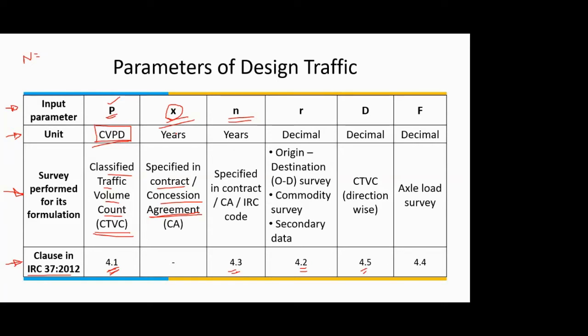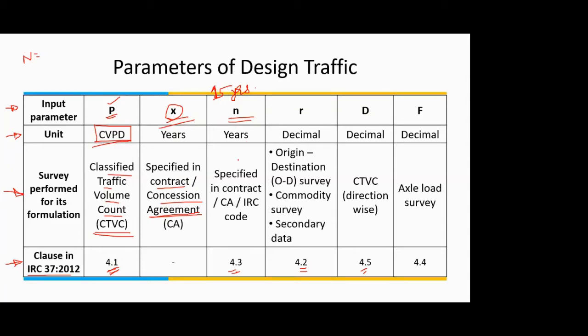So it may be 15 years, it may be 10 years, or if it's a rigid pavement, it may also be a 30 year period. But as we are focusing on flexible pavement for now, we'll restrict ourselves to the maximum value of 15 years. So just remember this as a thumb rule, that 15 is the design life generally for a flexible pavement for a highway.